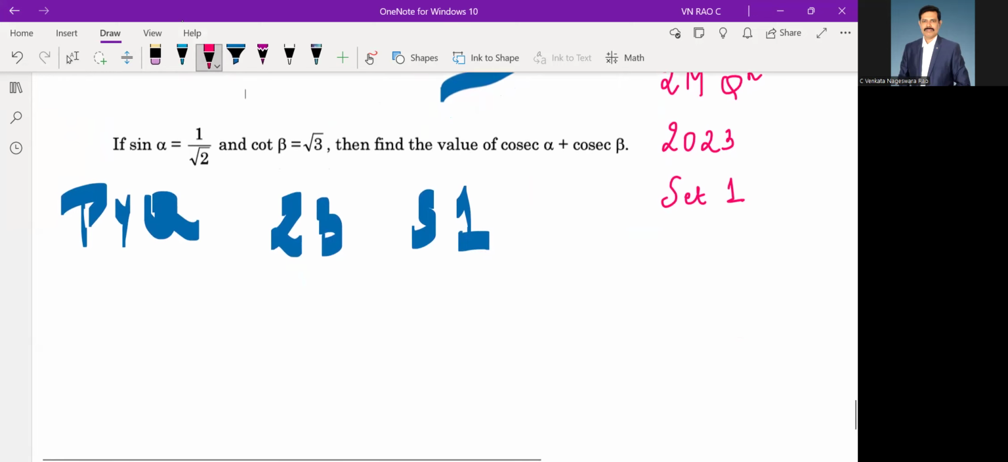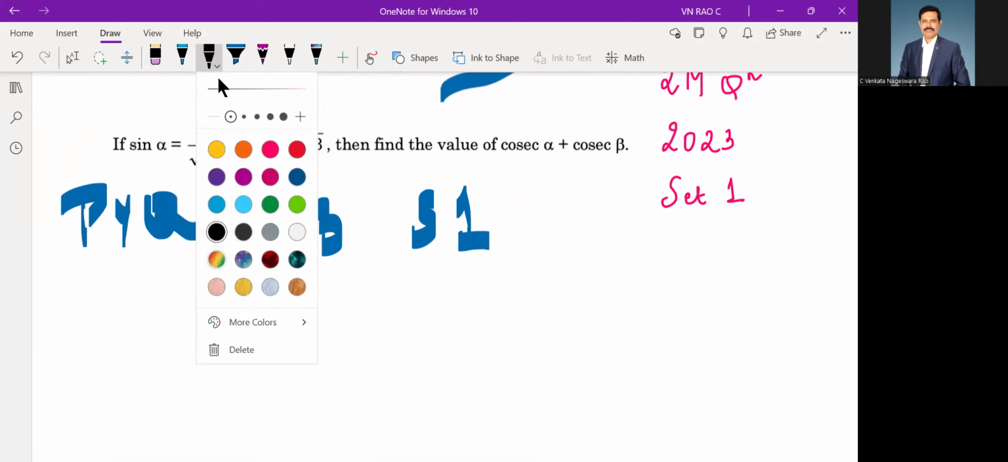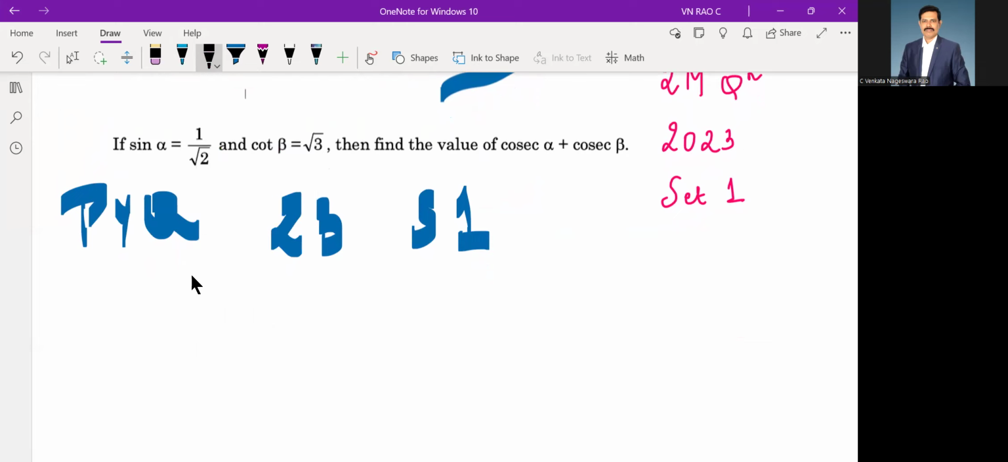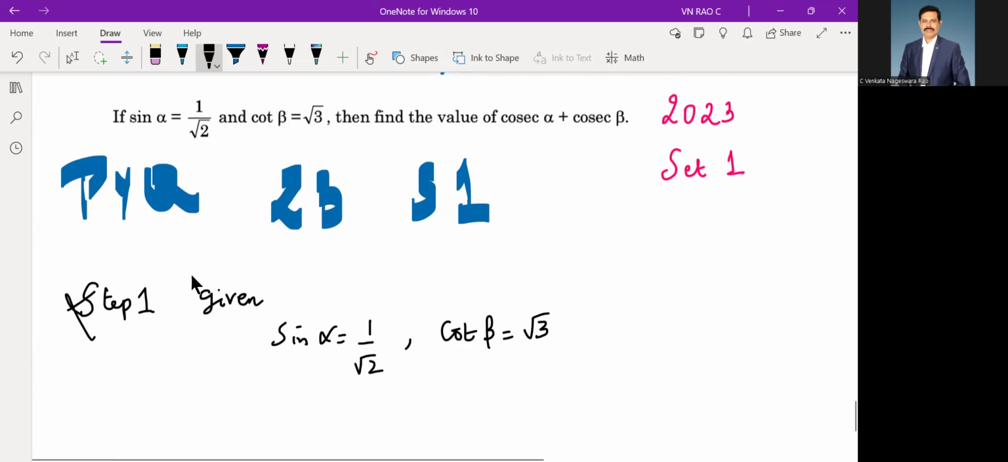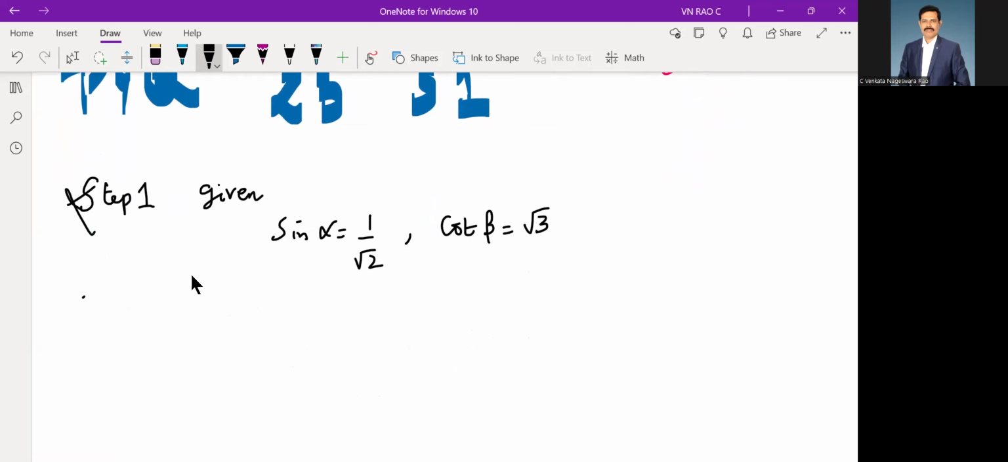So, given with us is that, so what is given? We'll write step one. Step one as given: sine alpha is equal to 1 by square root 2 and cot beta is equal to square root 3. So we need to find, what is the step 2? Step 2 to find